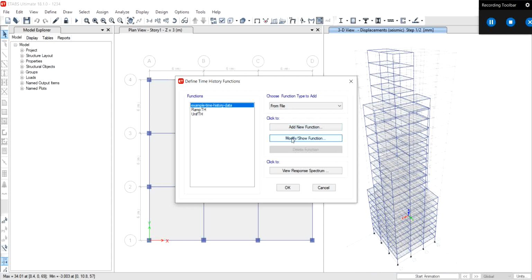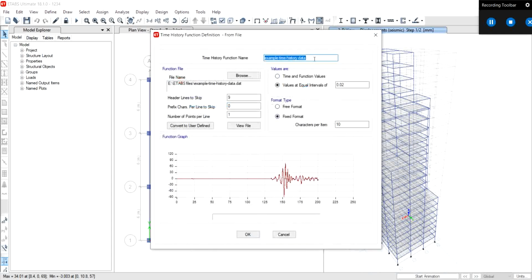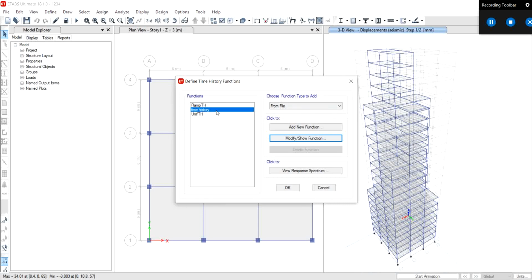Wait a minute, you have to modify it. As I have imported, it automatically took its name, but again I will rename it. So you can see a time history function is defined.